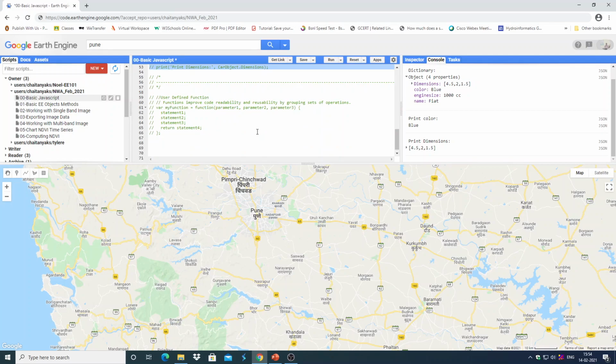That is user defined functions, which are very important in Google Earth Engine. Now this is the general format of the user defined function. There are many ways to define a function. We will see this user defined function in our geospatial analysis tomorrow, when we use a function to add a band to every image